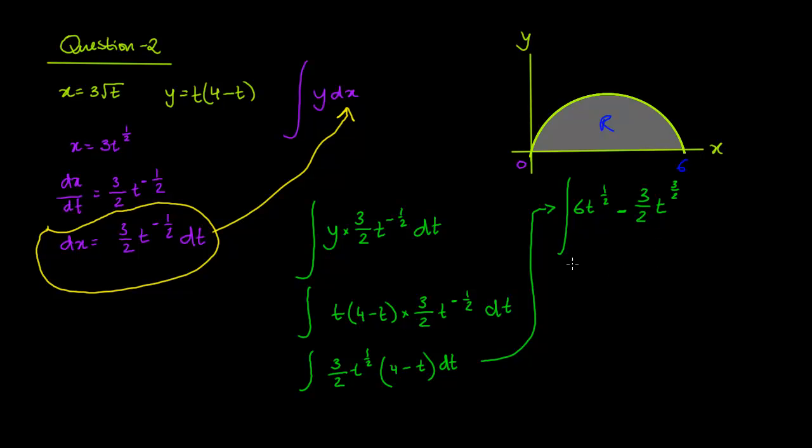What that would essentially mean is this. So this power would increase to 3 over 2, so 2 over 3 times 6t to the power of 3 over 2